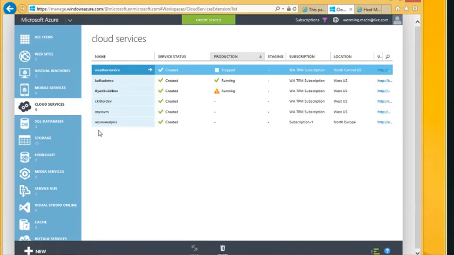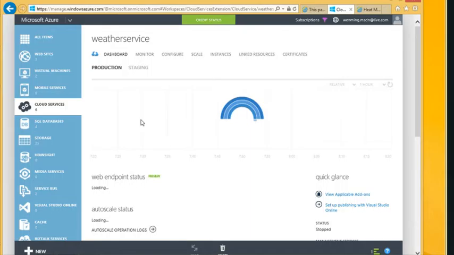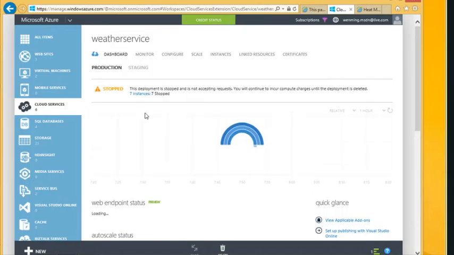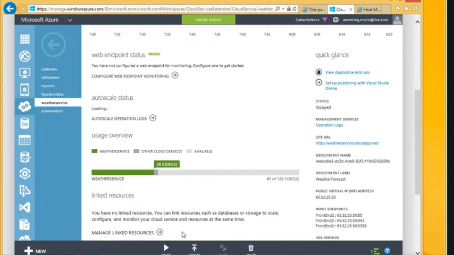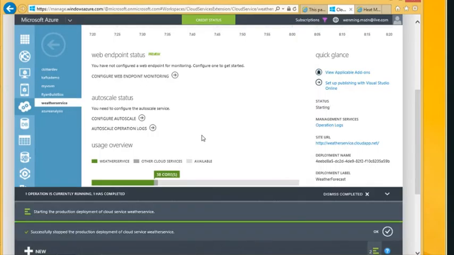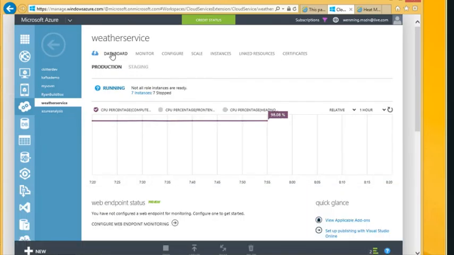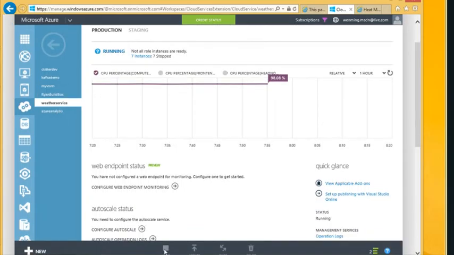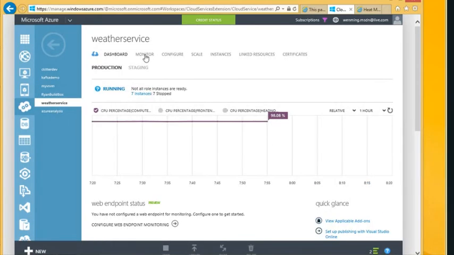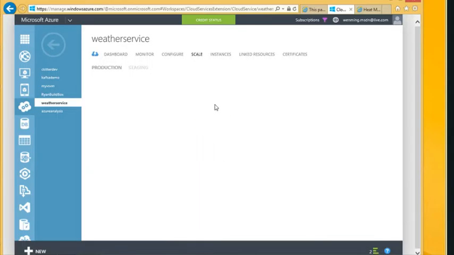So if I click on the service, it looks like the service has actually stopped for some reason. I can go ahead and start that again. Looks like that has been done by mistake. So the idea is that we have the dashboard, which allows you to look at what the cloud service looks like. So I actually went ahead and started the service again. So there's configuration, monitoring, and scale. So if I look at scale, you would be able to see that